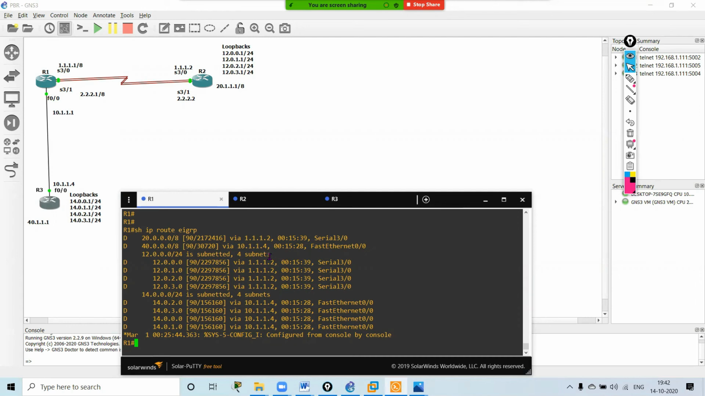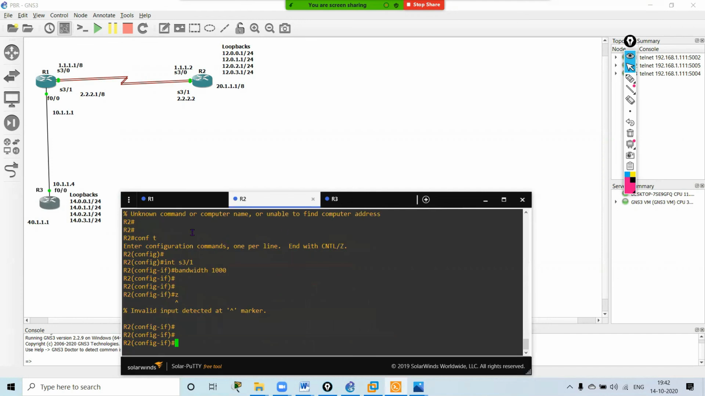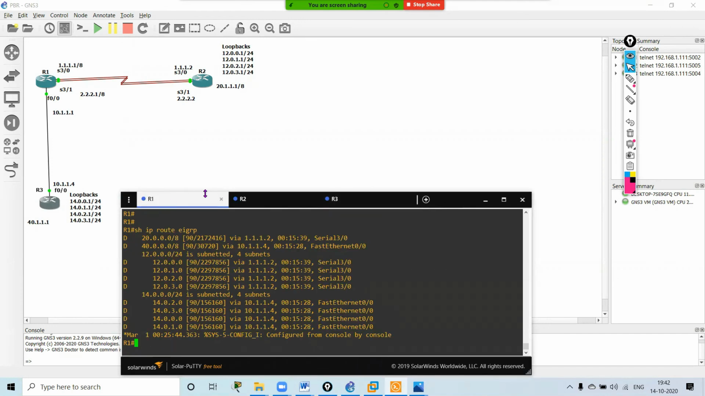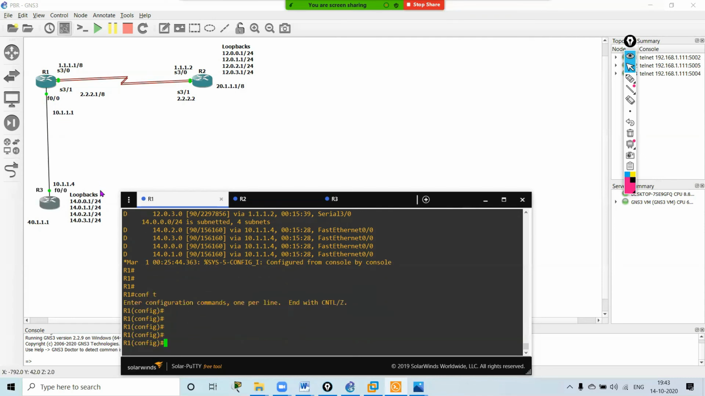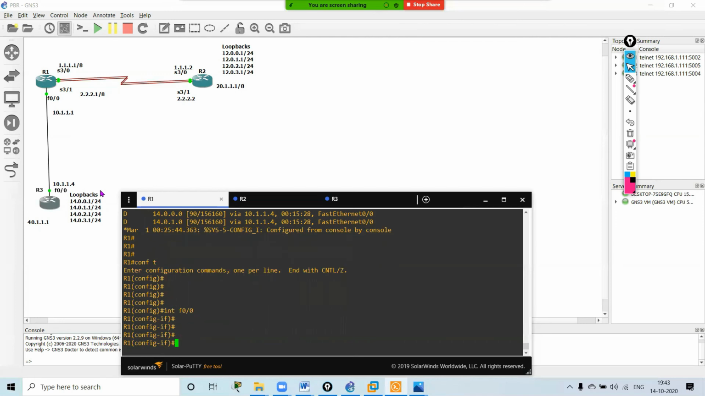Okay, so this is my blank route map. I have created a blank route map. Now I will implement that route map on the interface. So which interface do I need to implement it on? On this interface, because all the traffic is coming from here. So I'll go on this interface FastEthernet 0/0, and I'll say